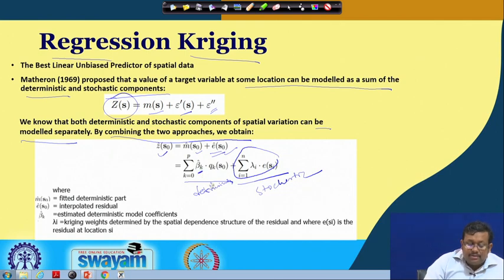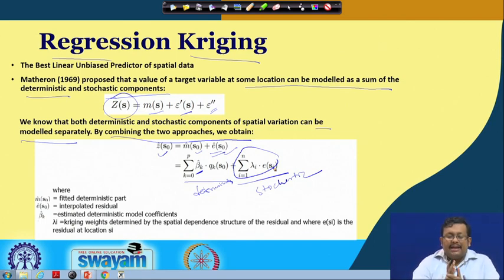If we are using the linear regression model, these are the model coefficient values, and lambda is the kriging weights determined by the spatial dependence structure of the residual, where ESI is the residual at location SI. So, basically you can see here we are using two components.